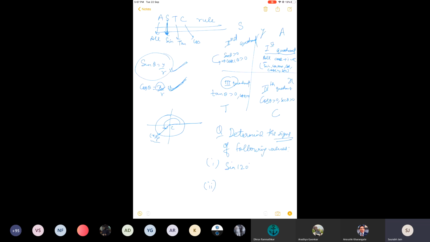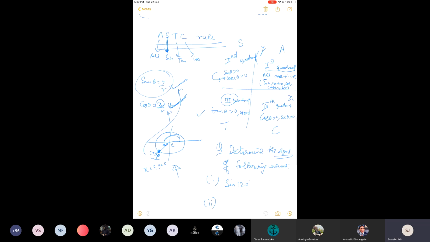Third quadrant, I have drawn this diagram. See, point P (x, y) is here. In the third quadrant, both x and y are negative. The angle will obviously be greater than 180 and less than 270. Since x and y are both negative, sine and cos will be negative. If sine and cos are negative, then their division tan will be positive. So tan is positive and obviously the reciprocal, cot, will be positive. The rest four are negative. I have not mentioned them there. I am only remembering the positive values.